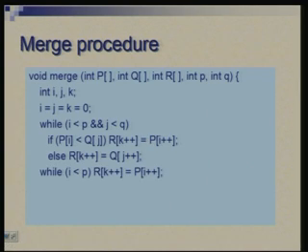Then you reach a point where possibly you have exhausted one of the arrays, okay, or maybe both the arrays. You need to see if there are remaining elements in either P or Q, they need to be passed on to R as they are. Okay, they are already in order and they go at the tail end of R. So, if i has not reached the end of P yet, you need to pass on elements from P to R, and if j has not reached the end of Q, you need to pass on remaining elements from Q to R, right.